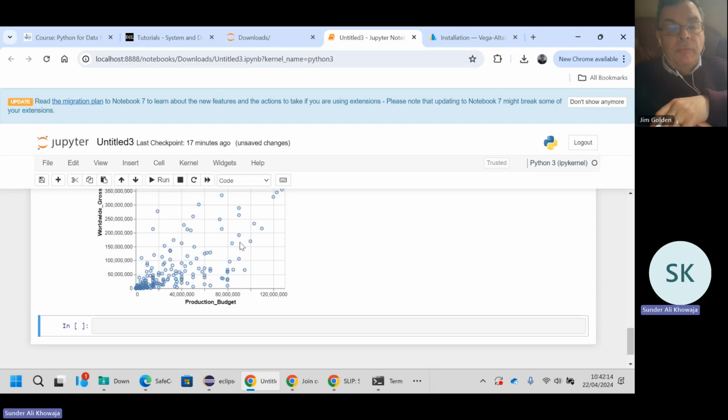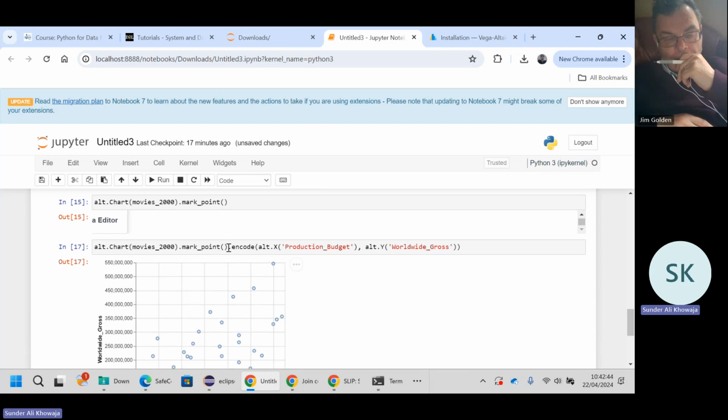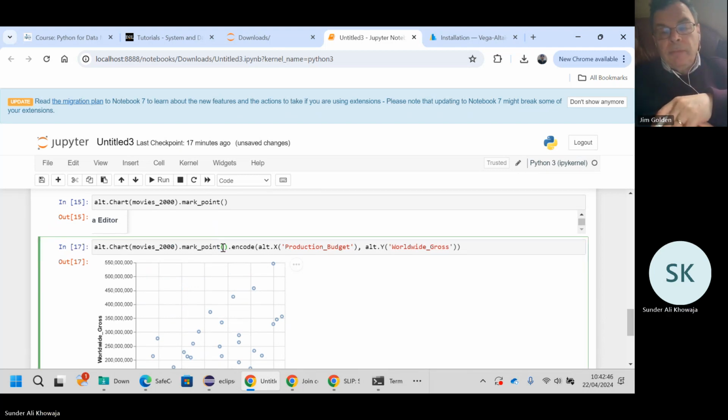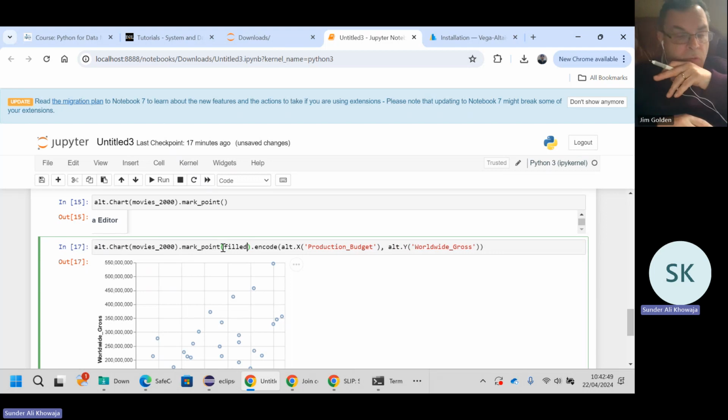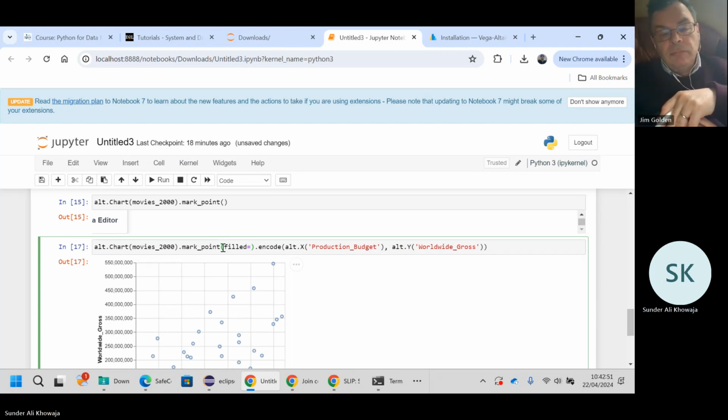We got familiar with some terminologies, and we can make this graph more interesting rather than the points all being marked with the same circle size. What we can do is try to make the pointers as big or small as their corresponding gross amount that they have done. For this, we can just use the size feature in the mark point. So if we use the mark point, we can use build equals to true,